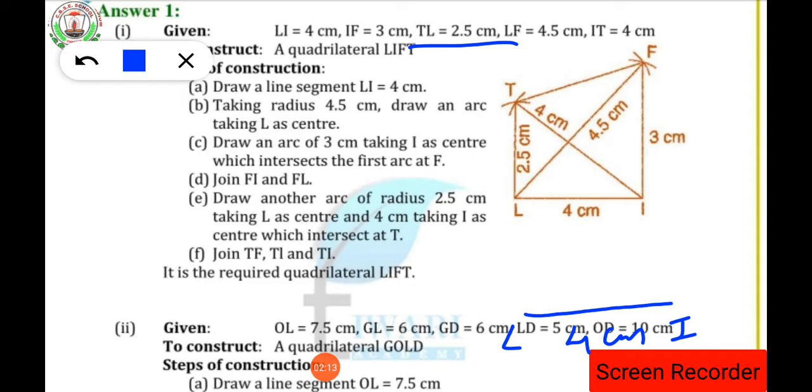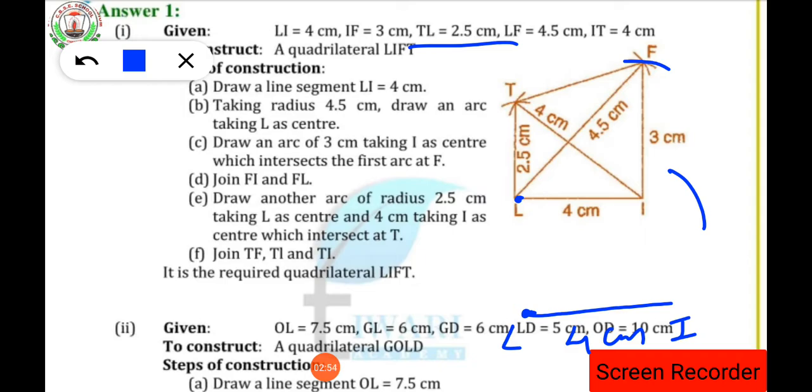Now you have to measure 4.5 centimeter on the mouth of your rounder with the help of your scale. You very well know how to measure 4.5 centimeter on the mouth of your rounder, isn't it? Keeping the needle at point L, draw an arc. Clear? Then in the third step, you have to draw an arc of 3 centimeter